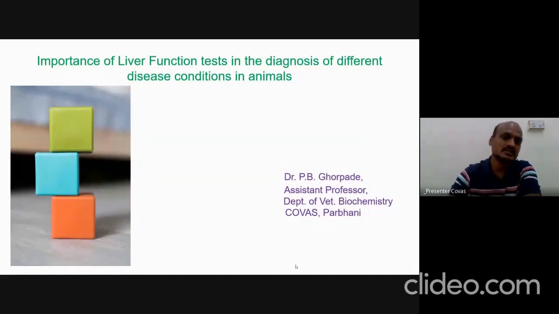in animals, right? So in the very first slide, we have 3 stacks of cubes on top of each other. Actually, this is a representative, right? So whenever we are